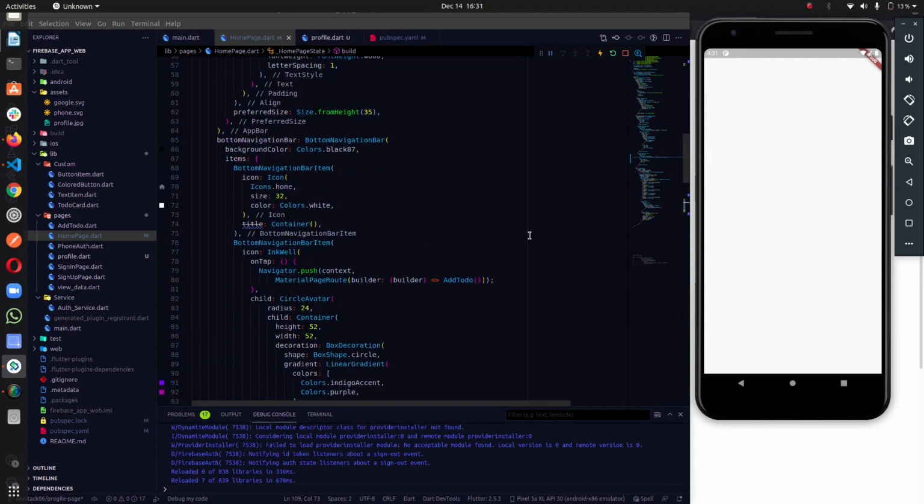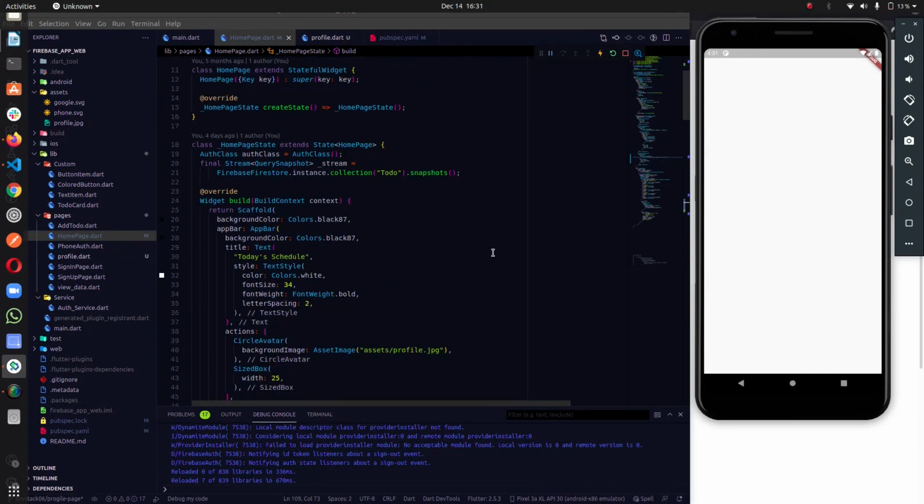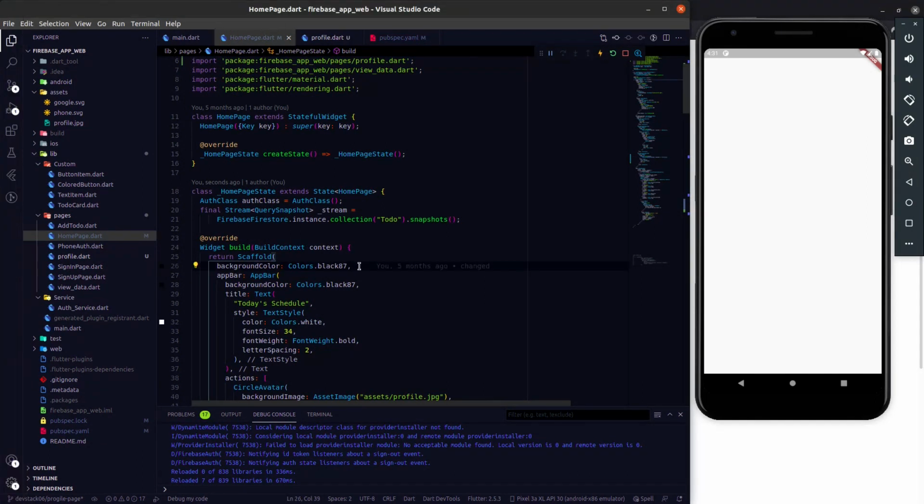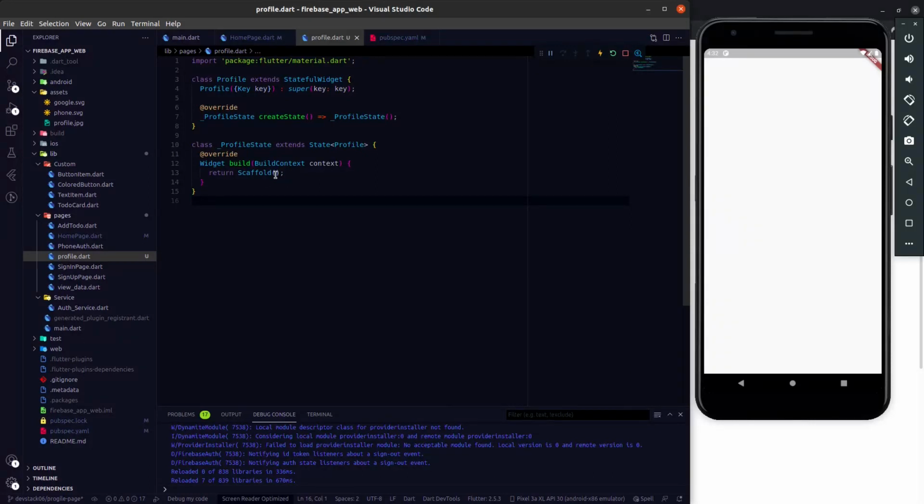In the profile page, let's add a rough layout, and remember that will also not look nice, but let's put a rough layout where I'm going to add a body to this scaffold.